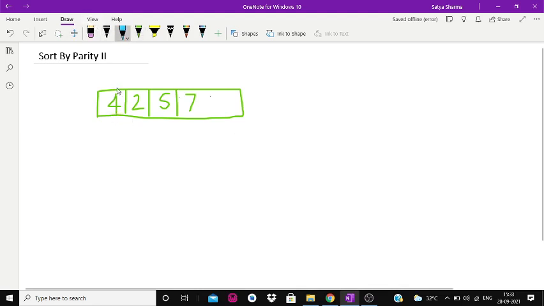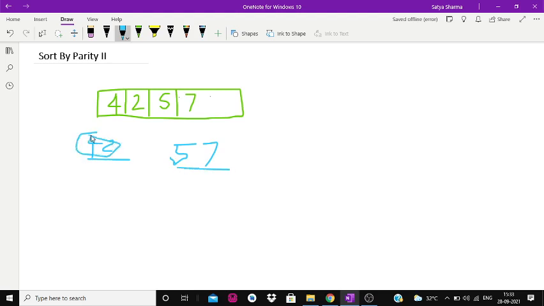You can say that you have to place all the even numbers at even indices and all the odd numbers at odd indices. So you can extract all the even numbers, 4 and 2, these are the even numbers present in the array, and then all the odd numbers, that is 5 and 7. So you have two even numbers and two odd numbers here. You can first place all the even numbers at the even indices in a separate array. You can make a new array,